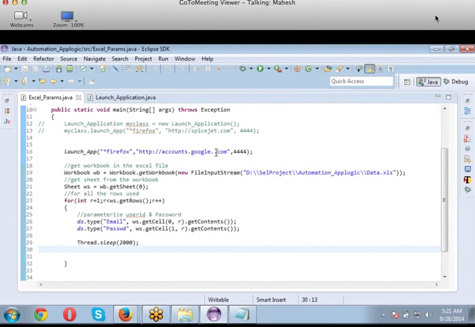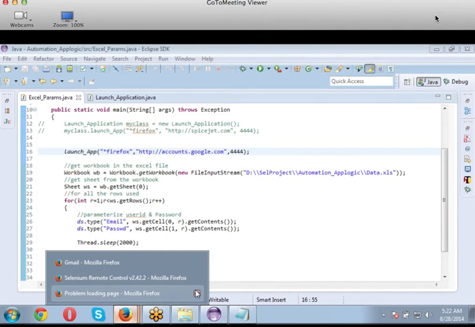Oh, there are two dots here. I'm sorry, my mistake. It should be account.google.com instead of this.